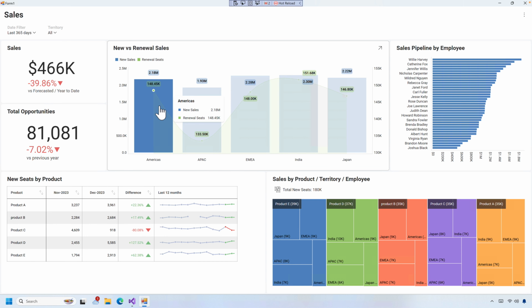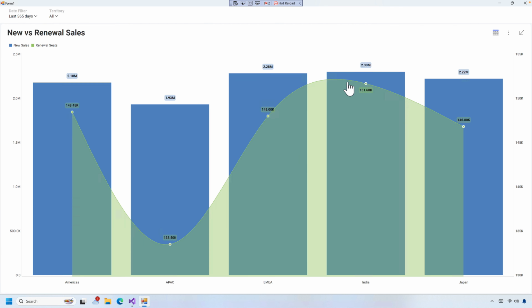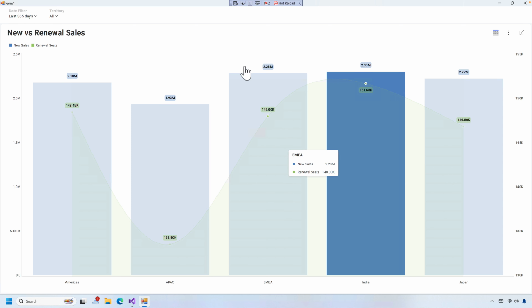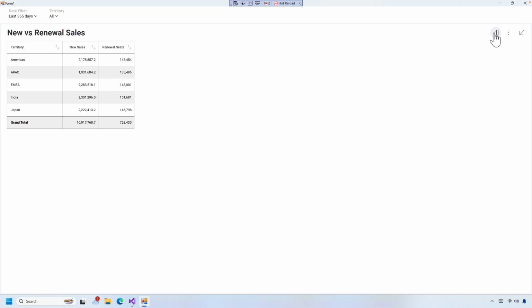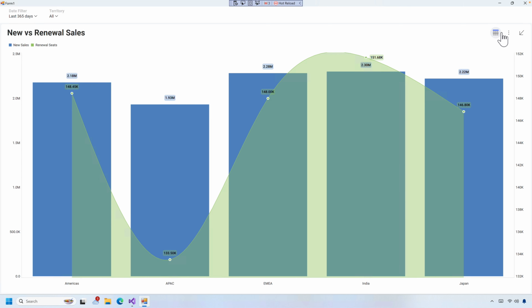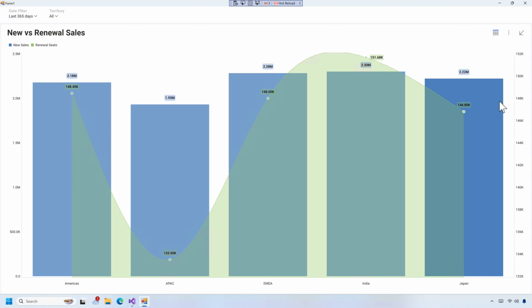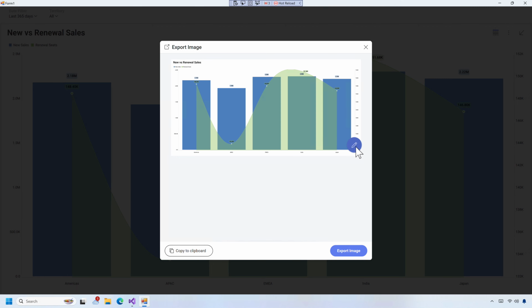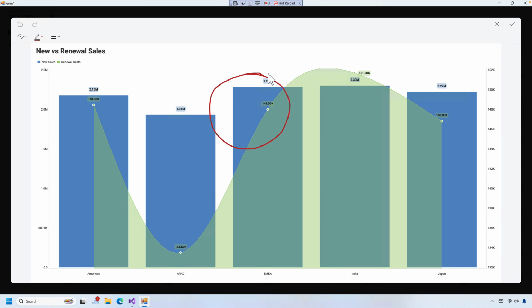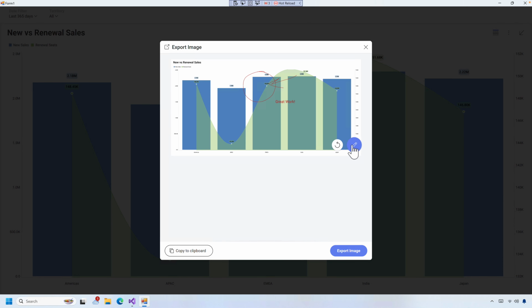And because all of the features of Reveal are available in this client, you can maximize, you can view data in different ways. I can click the overflow. If I'd like, I can export this as an image. I have the image exporter here. I can highlight things, draw arrows, add text, and then copy that to the clipboard or paste it into an